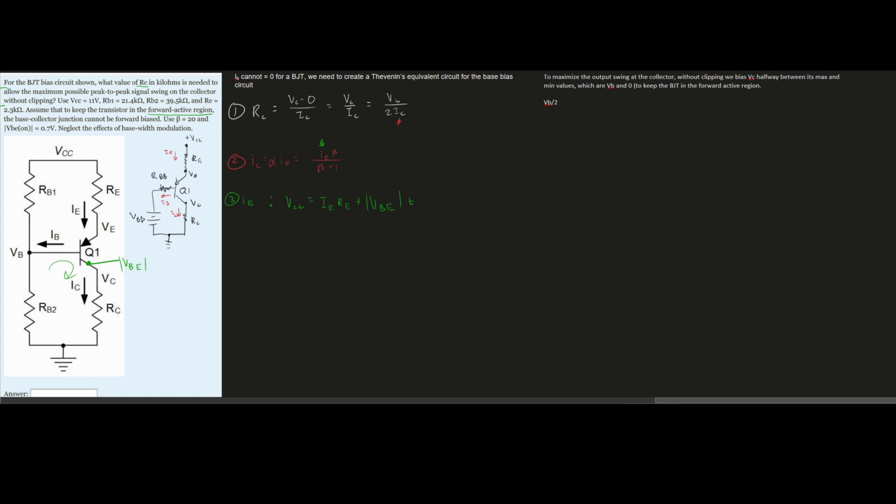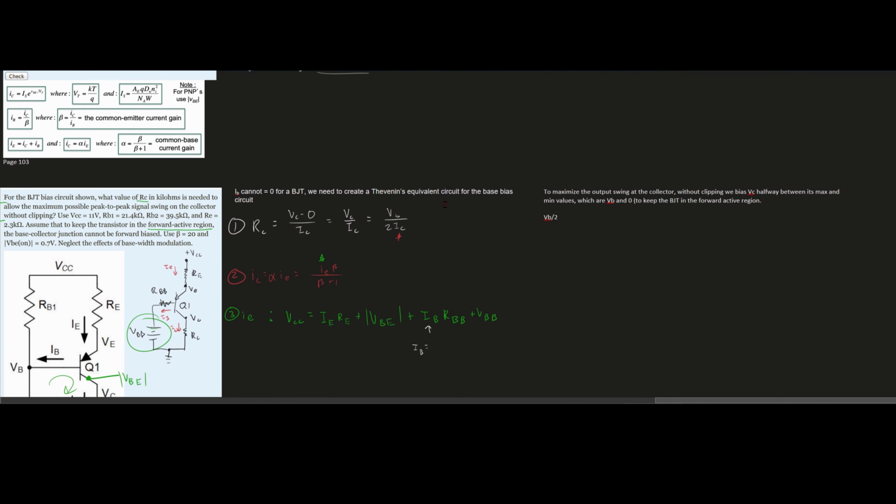And then you're going to have plus the voltage over this side as well, right? We want to add all these voltages together, and that will give us the total voltage that came in. That's going to be IB times our RBB. And then after this, we have to do plus the VBB, which is the voltage of this part right here. That's also important. Putting all of these together, we're going to want to rewrite this so that we can solve for our IE. Now, we have to rewrite our IB here, that way we can factor it out. And our IB, we can rewrite and set it equal to